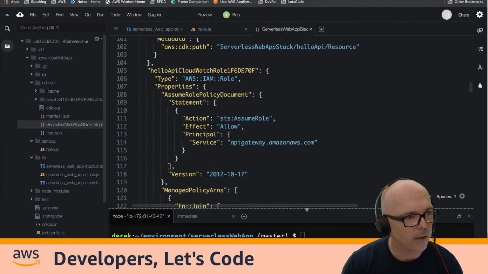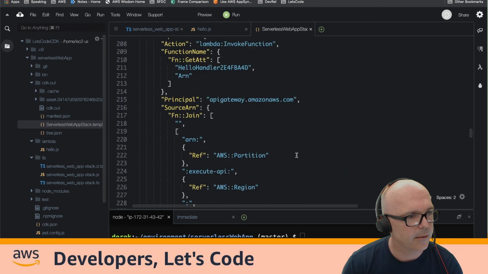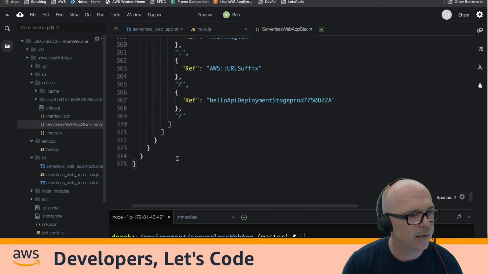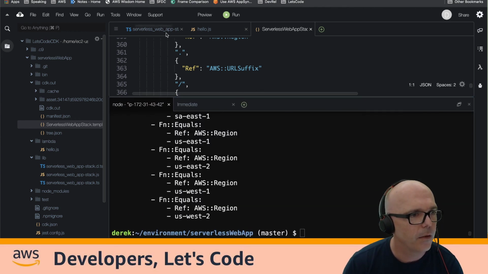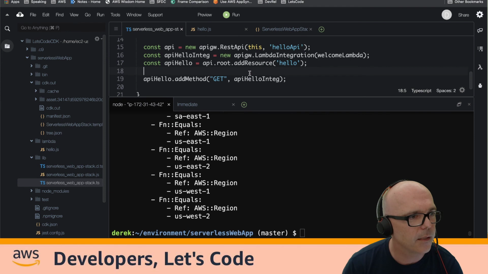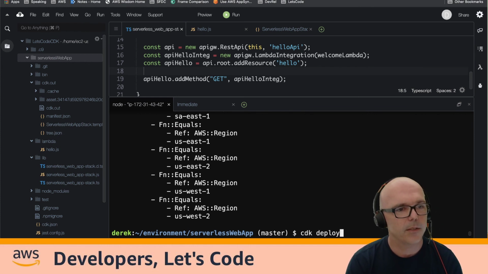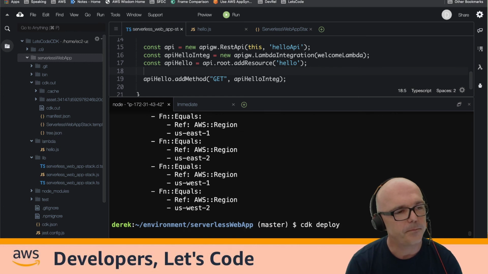So here's our generated stack. As you can see, we're getting a lot bigger now. Once we add an API, we've got 375 lines of CloudFormation, or the equivalent to 19 lines of CDK TypeScript code. So let's deploy that up and see what it looks like. So while it's deploying,